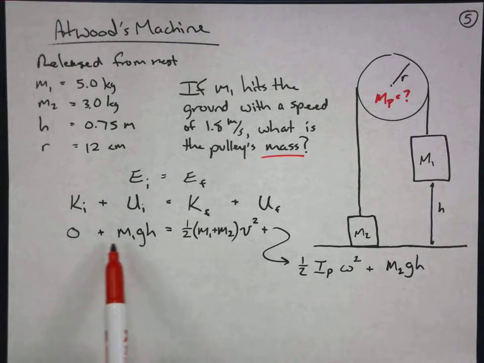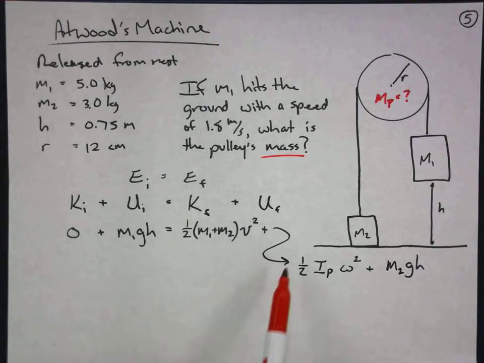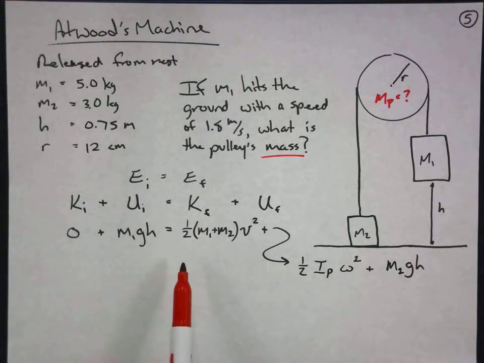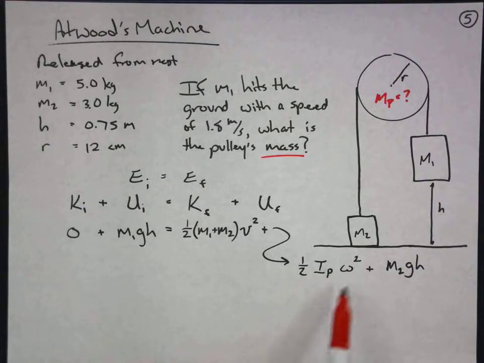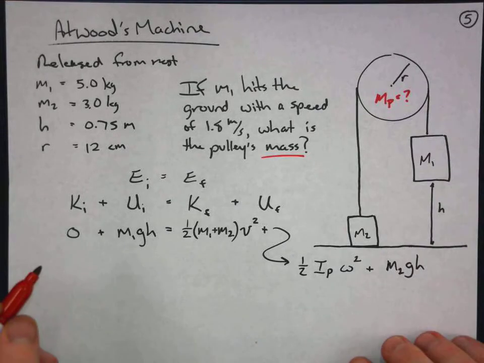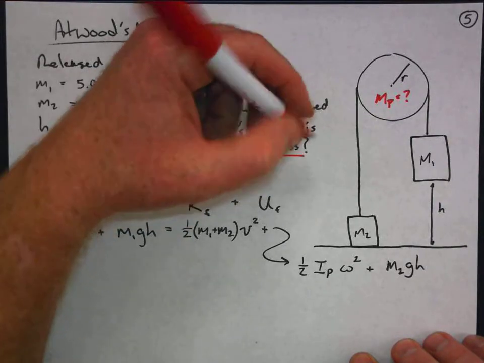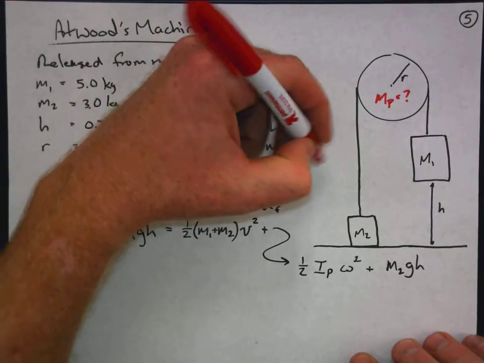So mass of the pulley, there's M1 and M2, where's the mass of the pulley? Mass of the pulley turns out is hidden in this term. So I've got to wrangle some stuff out of it. I'm also going to use a relationship that's going to help me reduce the number of variables that I have to deal with here. That relationship, if you recall, is just this one. Velocity is equal to,